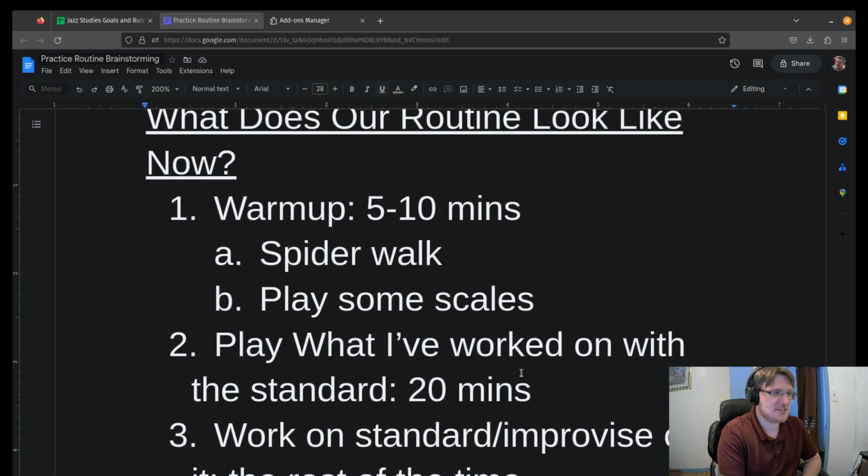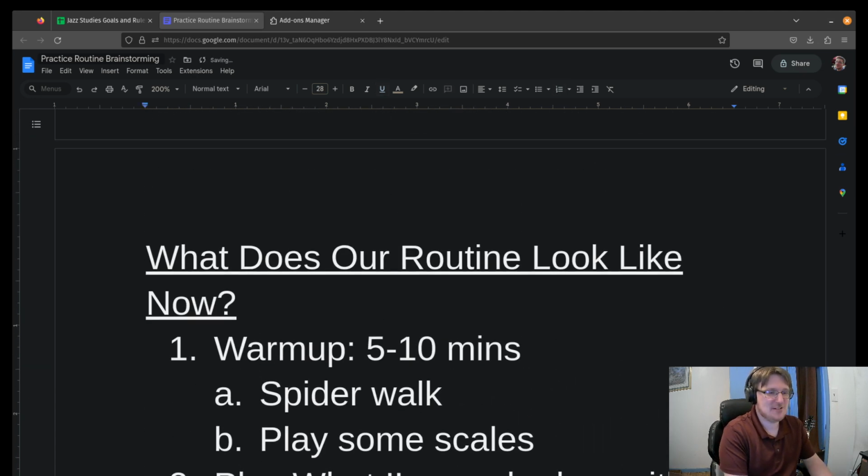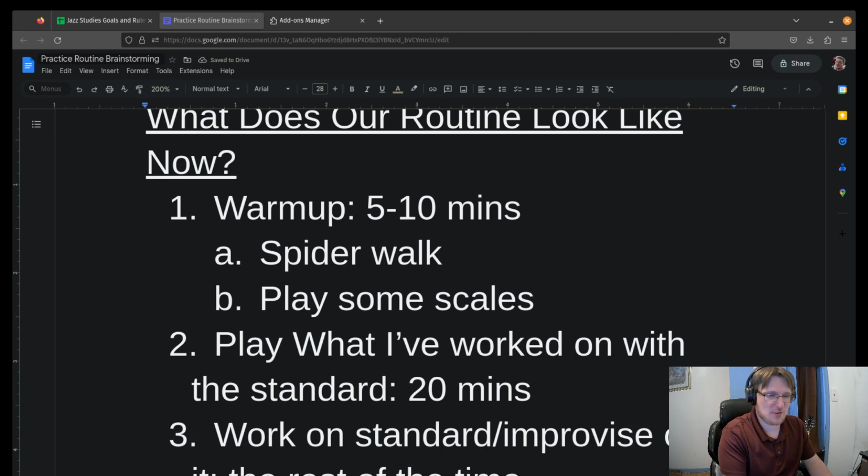So let's just do an aside. What are things we can do with scales? Because this is an important part. Even as I say I warm up on scales or work on scales, it usually isn't just playing it up and down, right? On guitar, that's